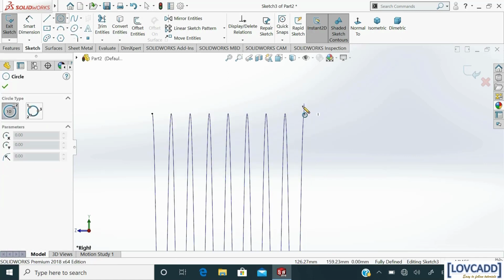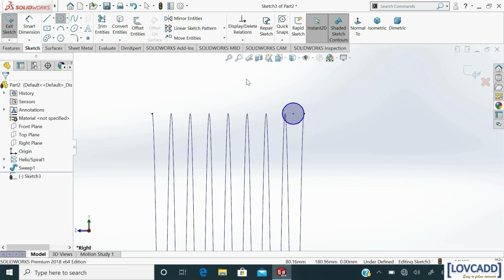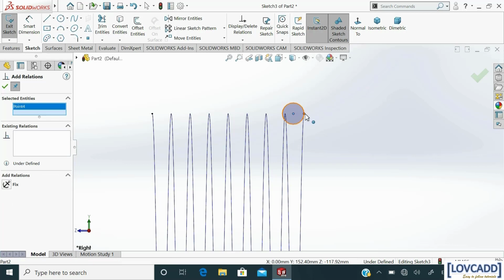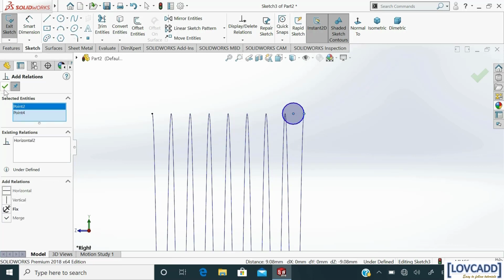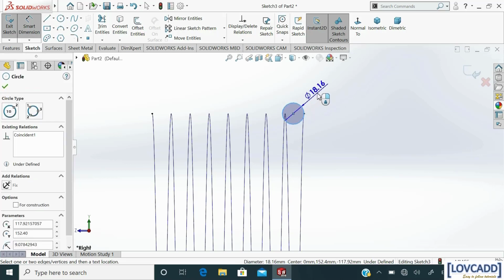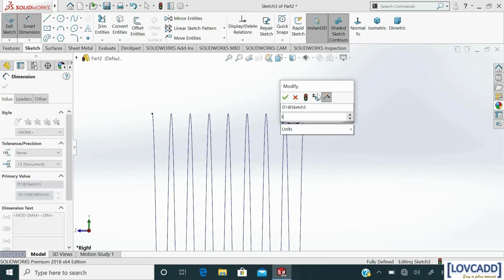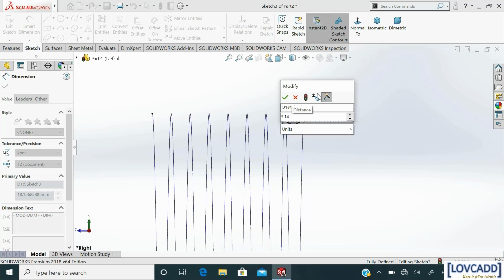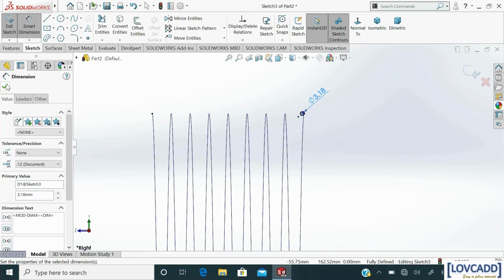Now again select circle and draw a circle on another side of this helix. Add a relation, horizontal. Smart dimension, assign the dimension as 3.18 mm. Okay.